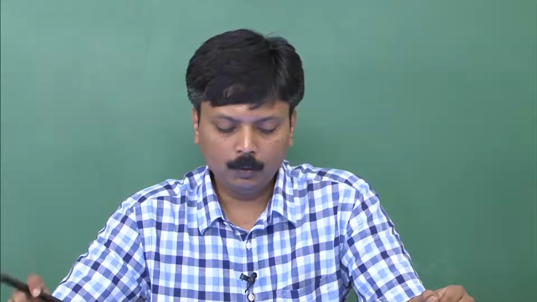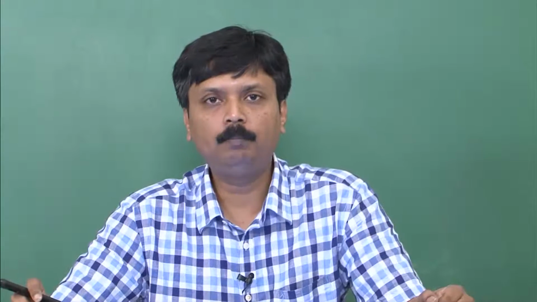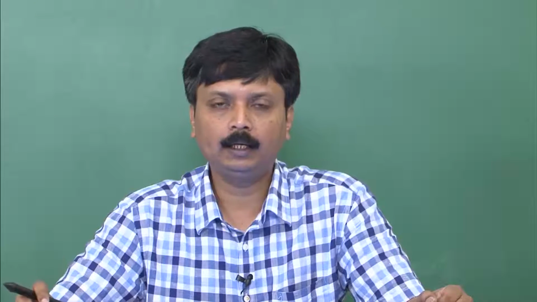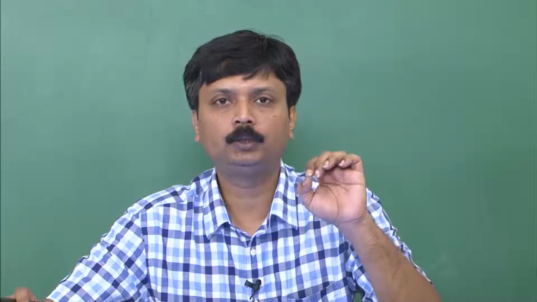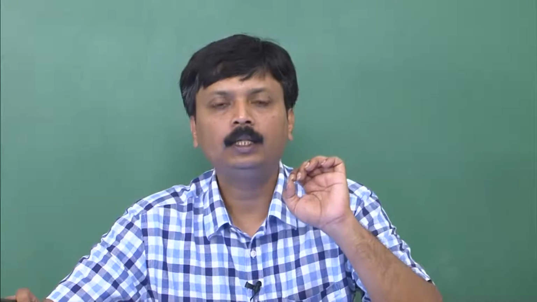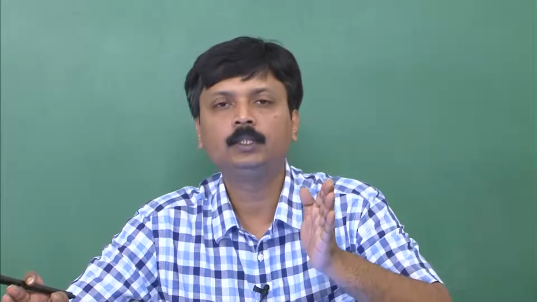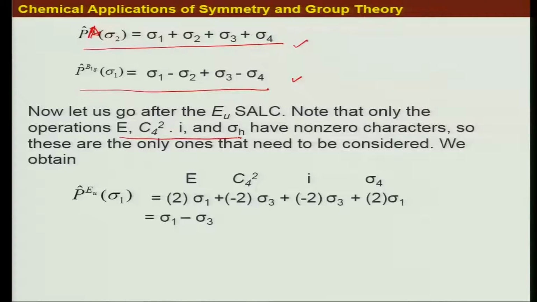Right. So since we are dealing with the incomplete projection operator where we deal with the characters, if there are symmetry operations which give the character as 0, then we really do not care about them. So take only those symmetry operations which give non-zero characters. So here these 4 symmetry operations will give us non-zero characters that we can find from the character table. So that we consider, and with that we form the projection operator and operate on one of these basis functions, let's say sigma 1, and then what we get? We get this